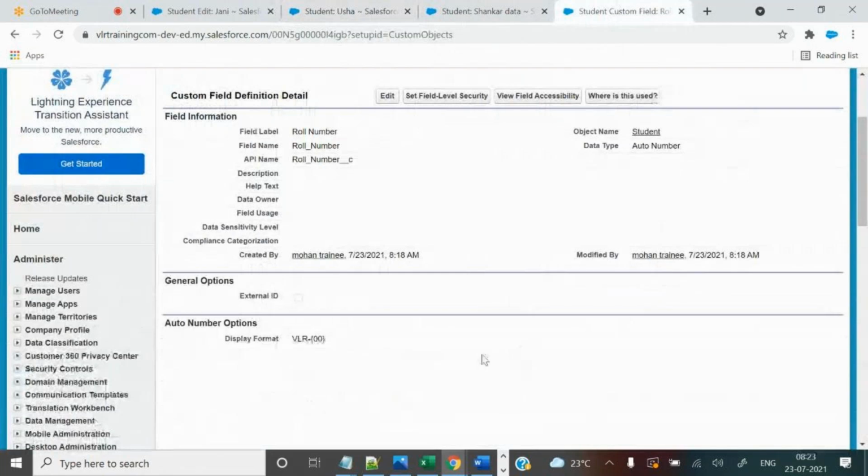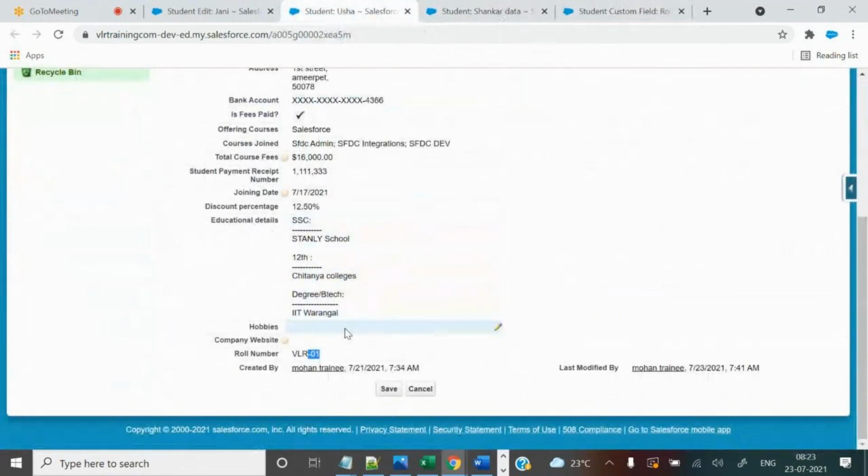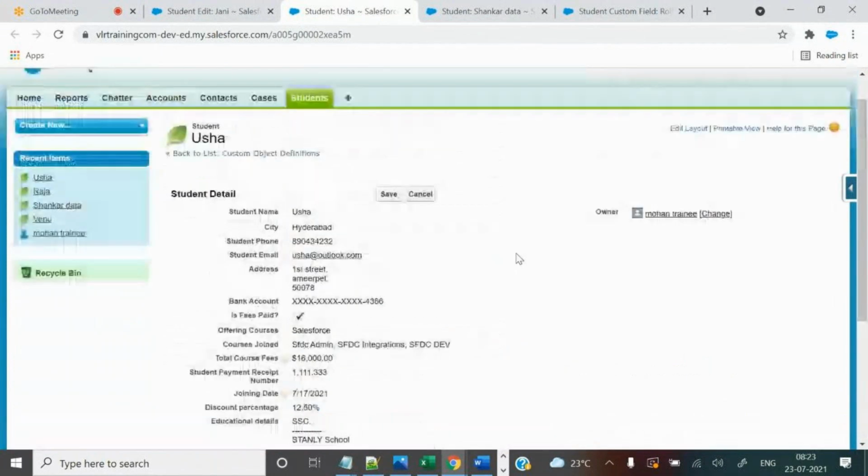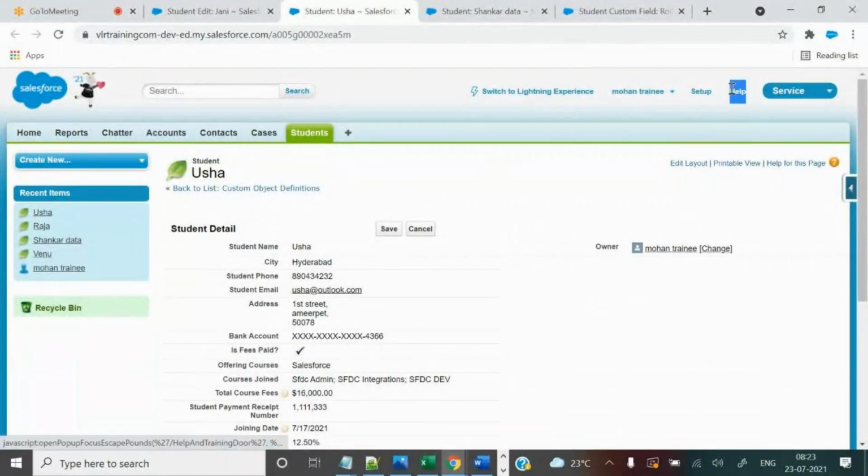Sir, for image uploading, we have a limit, right, sir? Can we extend that limit, sir? If you want to extend the limit, what you need to do, as I told you in the first class, is take help and create a case to the Salesforce support team. They can pick up the case, and if they are able to extend it, they will extend it because you are paying some amount of money.